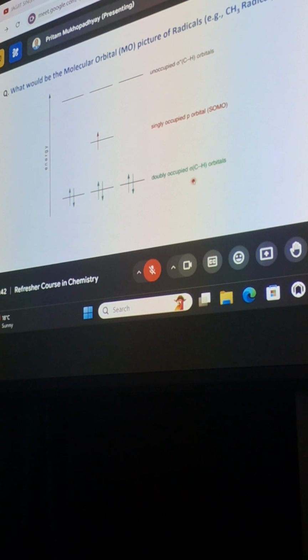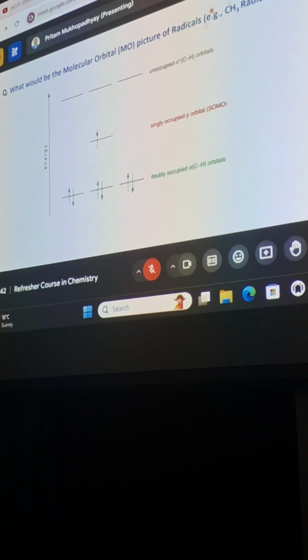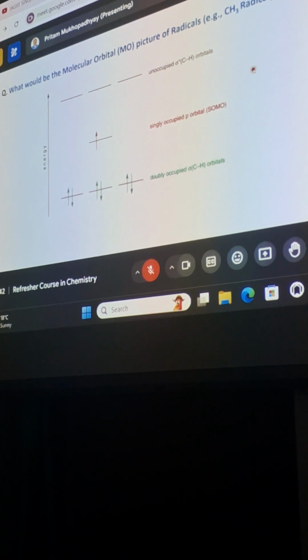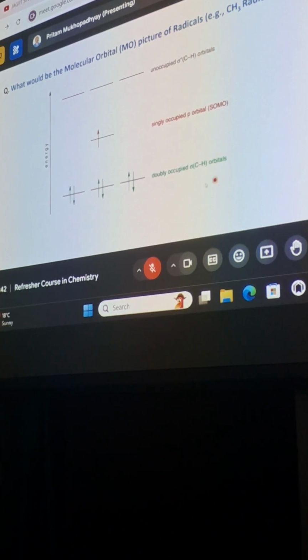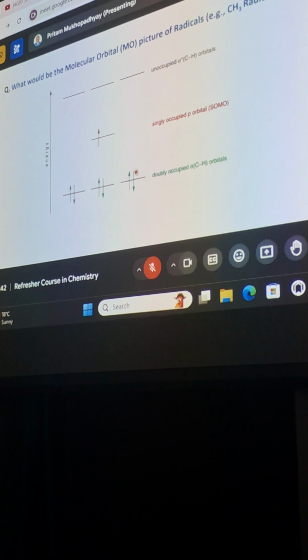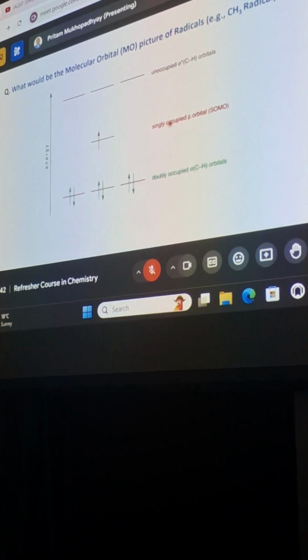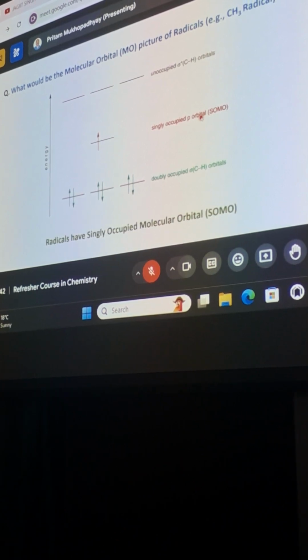CH3 has three hydrogens, right? And all the three hydrogens you can think of as degenerate. That means these orbitals, the sigma carbon-hydrogen orbitals, are of the same energy, right? And the unpaired electron